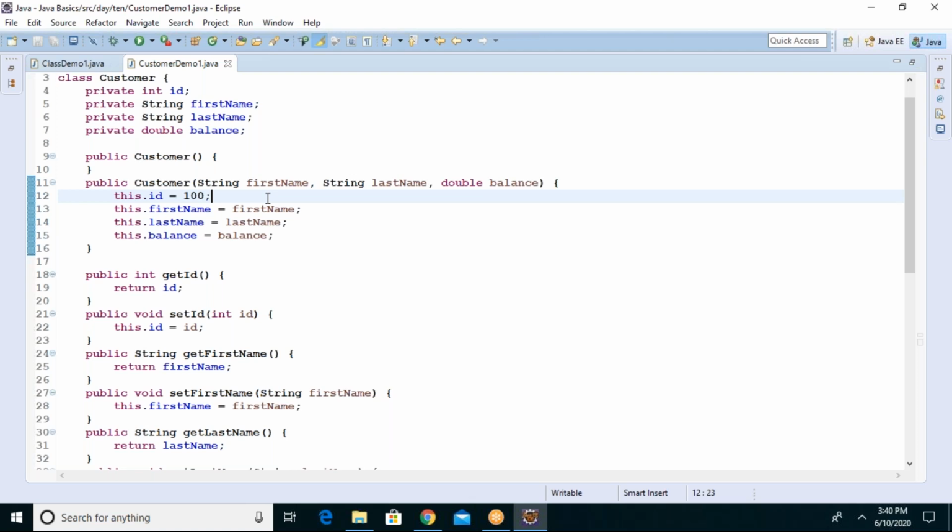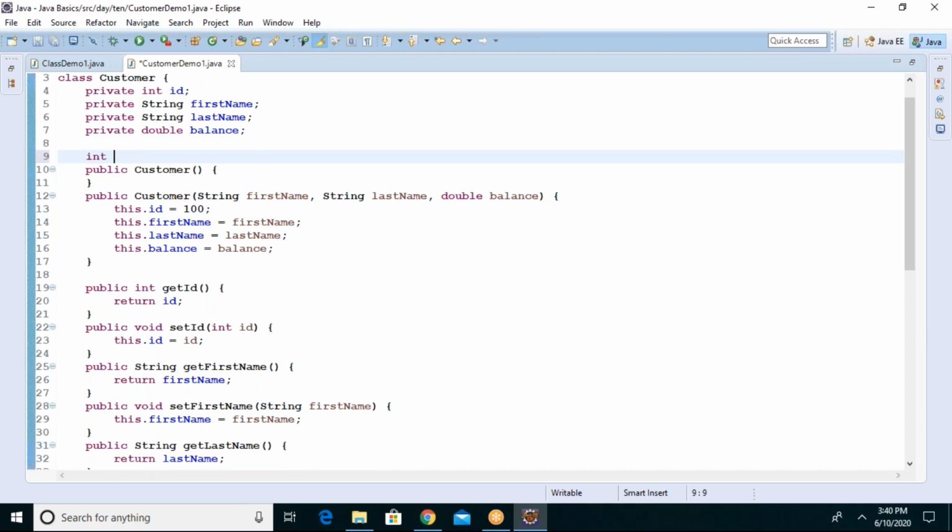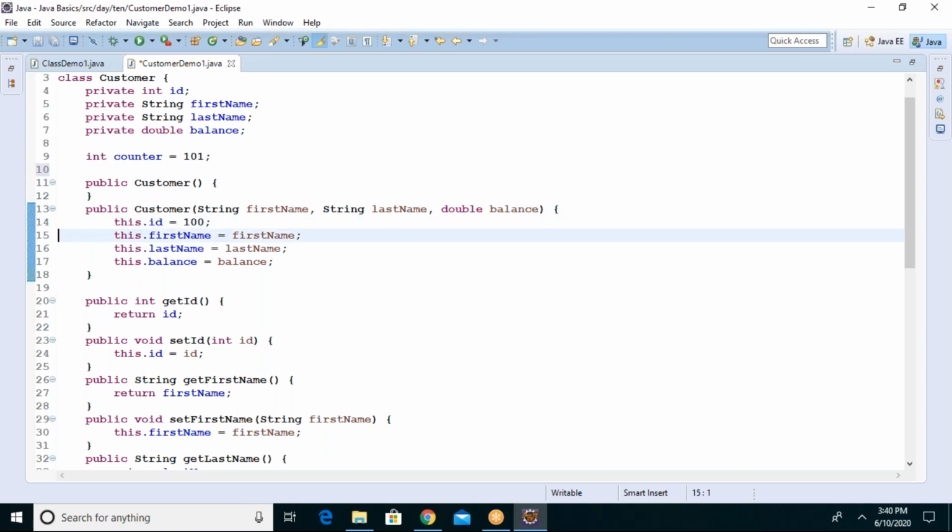Anyone, guys? We have annotation. What annotation? I don't know. Okay, let me do one thing. I take a variable. Like we declared sum total, I am declaring a counter variable where I am storing 100 or 101. Now I am storing it like counter plus plus. Do you think it will work?